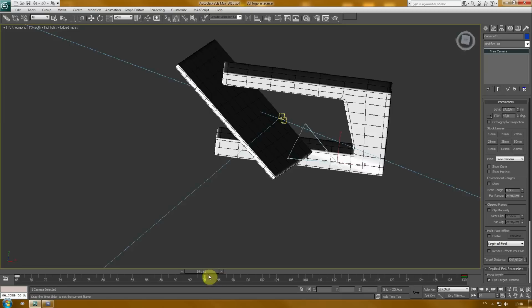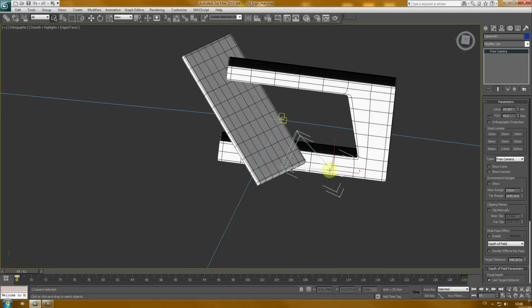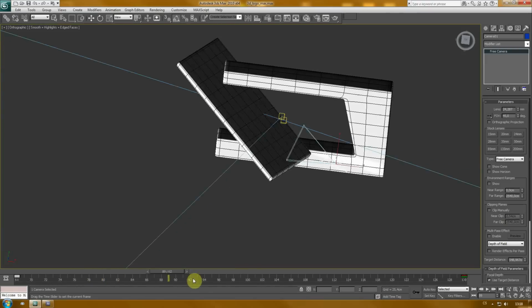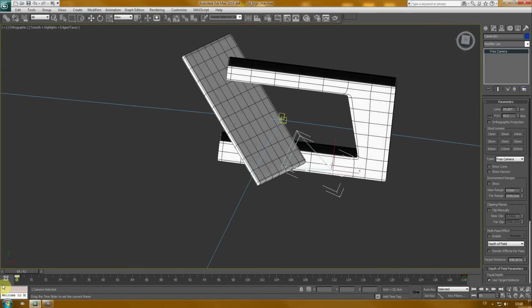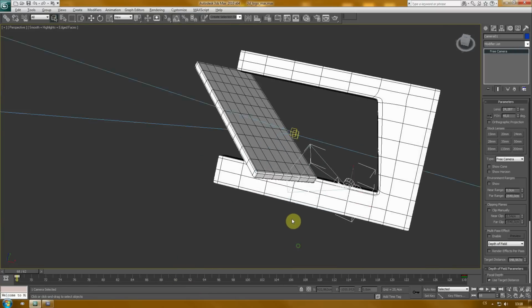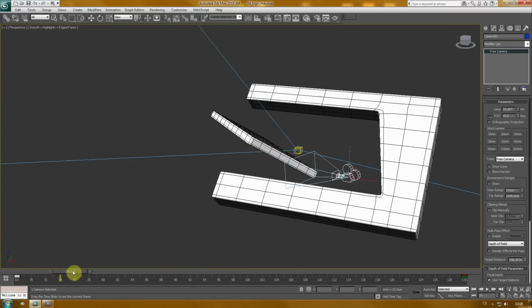It goes back and to the right. Yeah. And it's panning and tilting at the same time. Now it's hard to see, but as you can see,